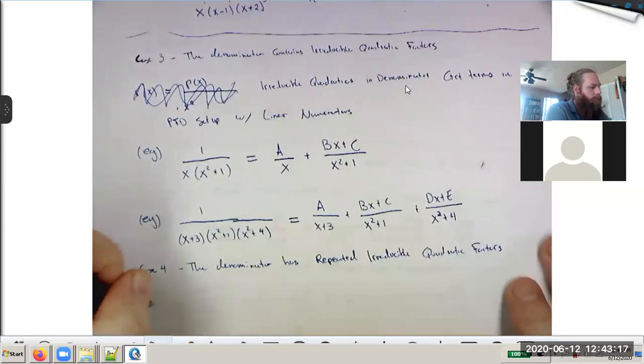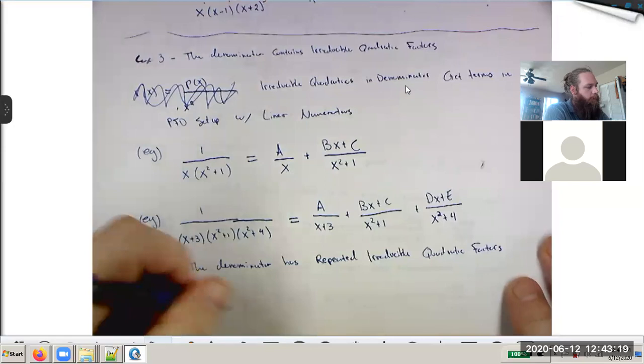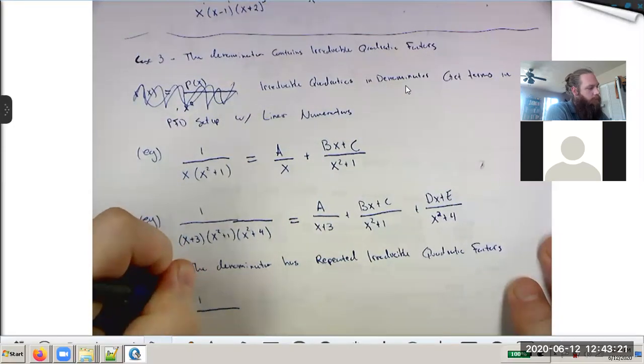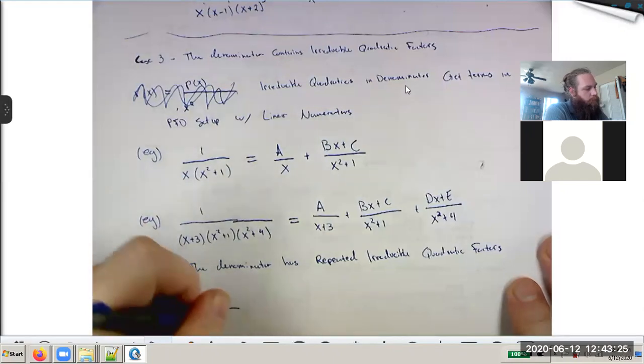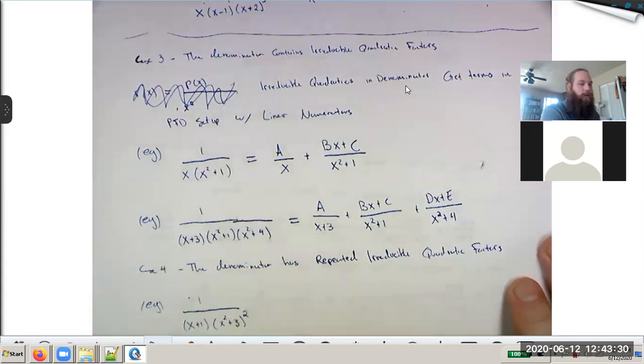Meaning, if I had something like x plus 1 times x squared plus 3, all squared,